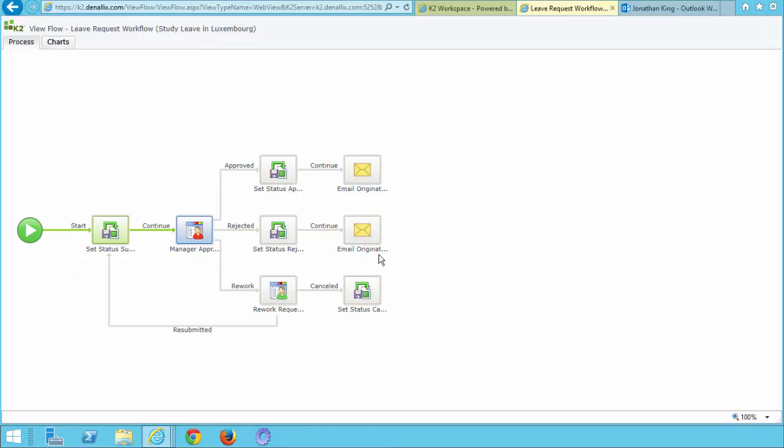Your ViewFlow report should look similar to the image shown here with an active workflow running. Notice the green line flows through the system task called Set Status Submitted and then stops at the manager approval task. This is telling you that the workflow is currently waiting for the manager approval task to be actioned. In the next task, we are going to action this request, then we will observe the ViewFlow report update itself